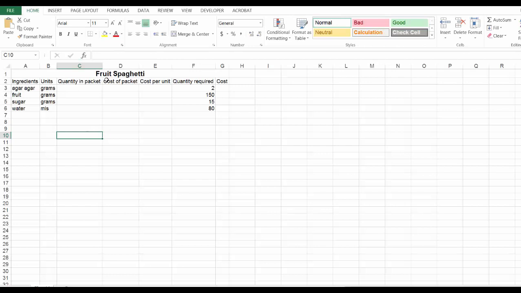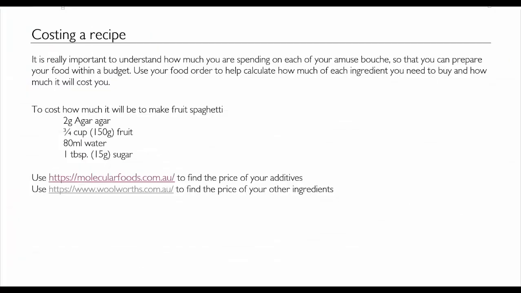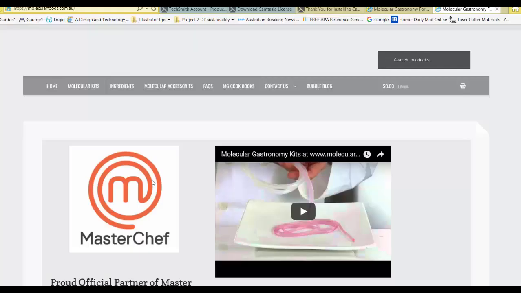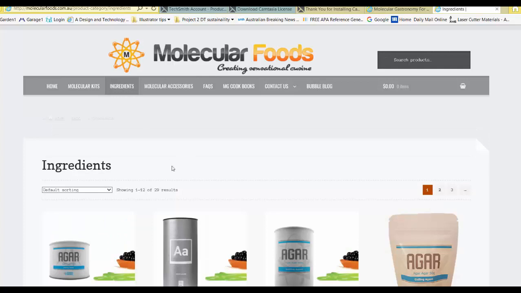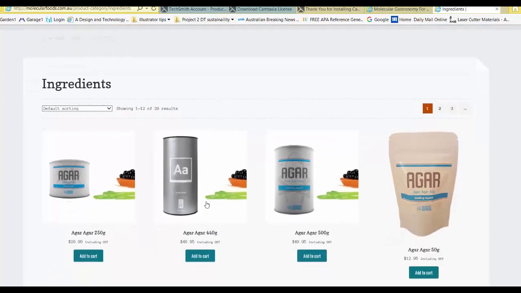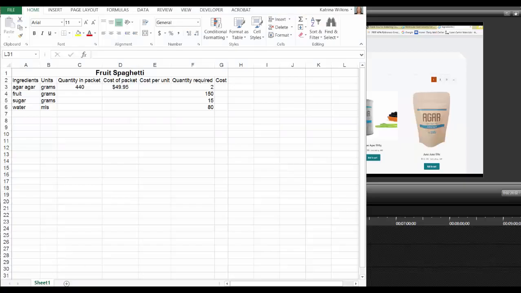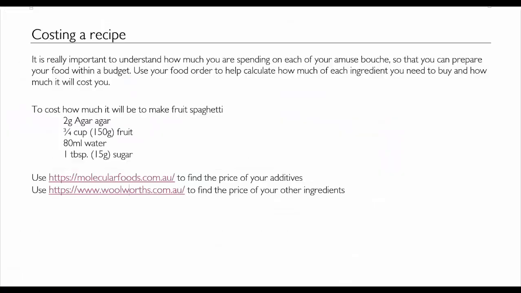To fill in columns 3 and 4, quantity in packet and cost in packet, I need to refer to some websites. The first website is molecularfoods.com.au, and I want to go to the ingredients section, and in this instance I'm looking for agar. Now this agar is 444 grams in the packet at a cost of $49.95. Add that to a spreadsheet, and then we'll go to the